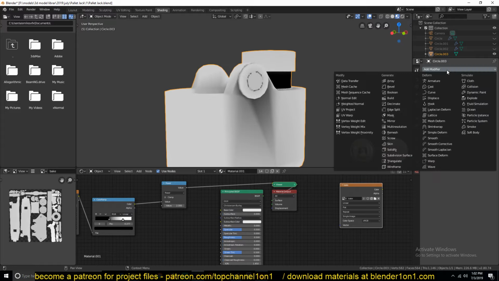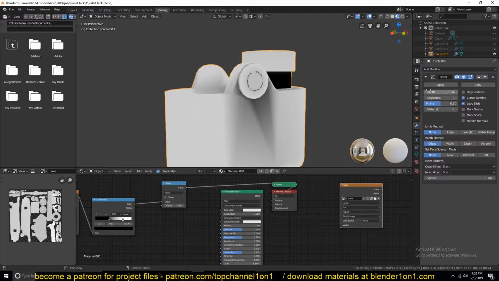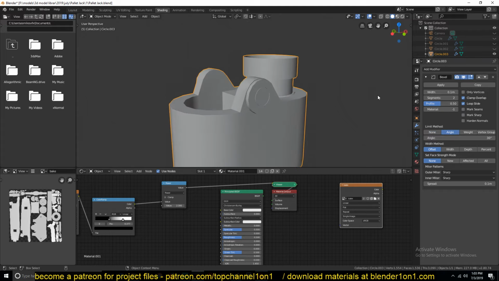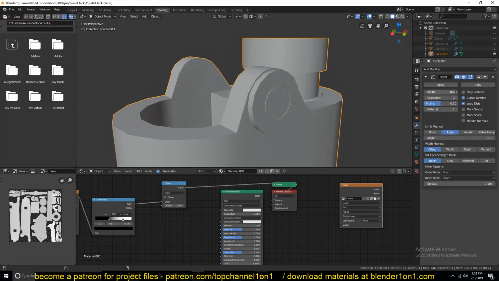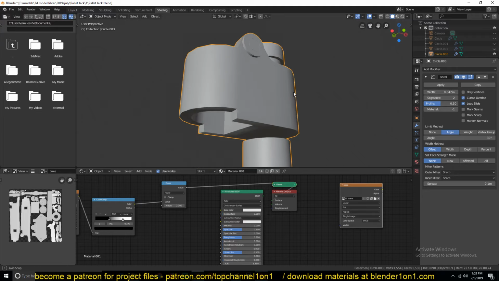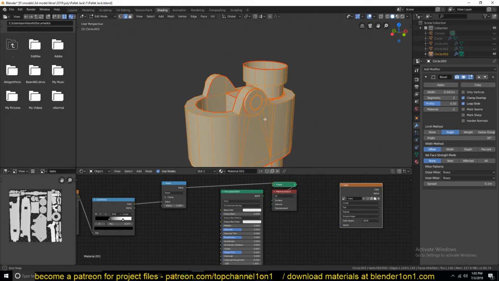So I'm also going to add another bevel modifier for this. Increase the segments to 2. Let me preview this here. Change the angle limit. Reduce. Actually, for this here,